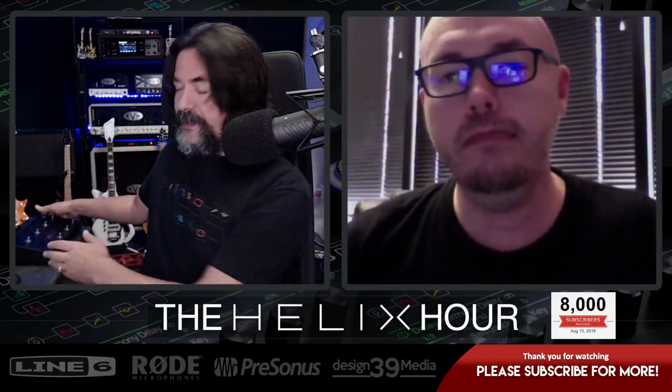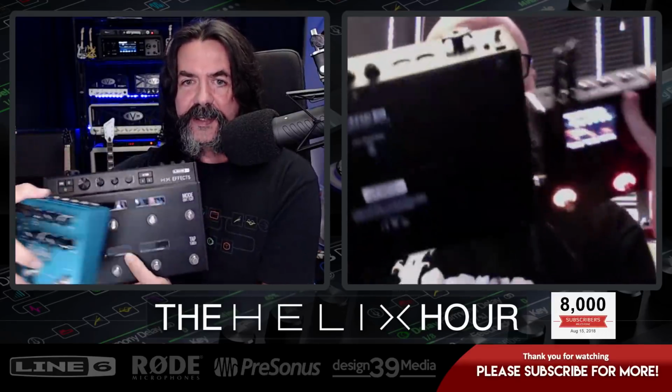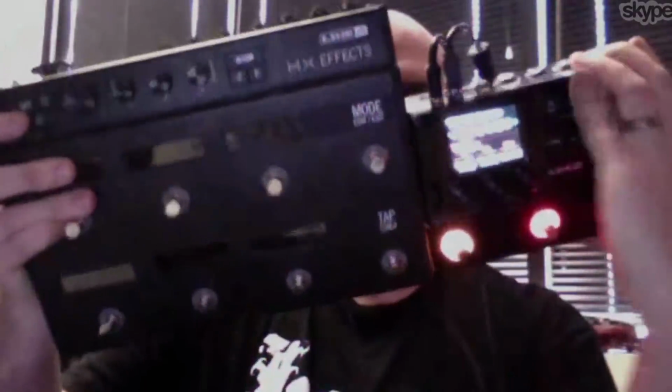To give you an example of size, I don't have Stomp here, but like you talked about the size of it. So I've got Stomp, and then here's your Big Sky. Look at the difference. So you said it's about the size of a Big Sky? Yeah. So I have HX Effects here next to HX Stomp, so that'll give you an idea. Fantastic. Very nice